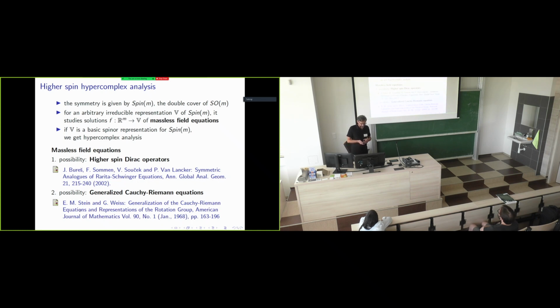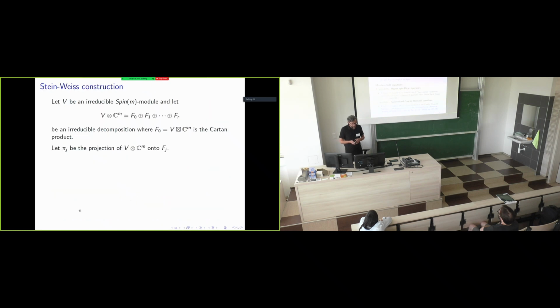In this Stein and Weiss paper, they described a systematic construction of first order rotationally invariant differential operators. So let us describe this construction briefly. We consider an irreducible spin module V and its tensor product with the defining representation Cm. It decomposes into irreducible pieces F0 up to Fr, and F0